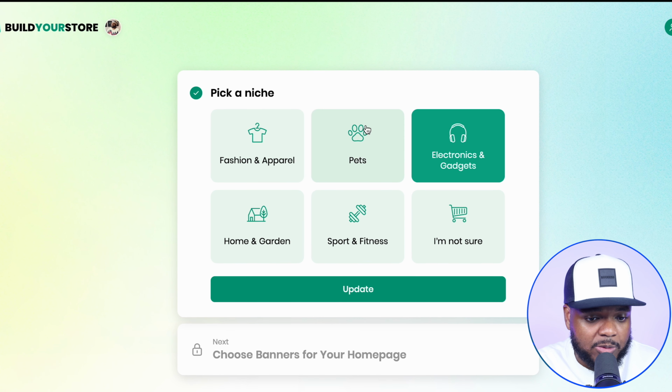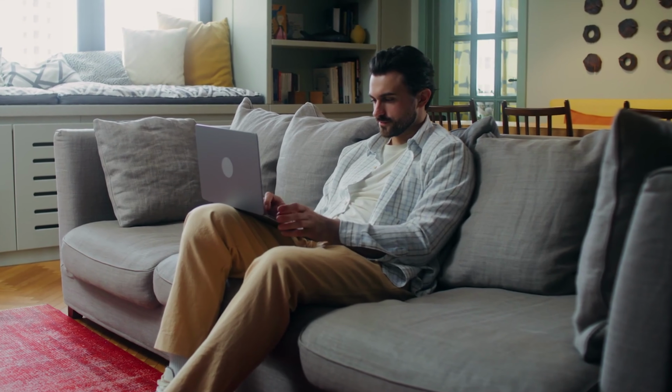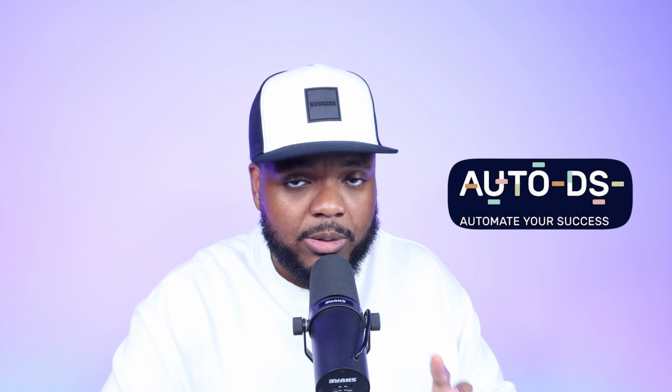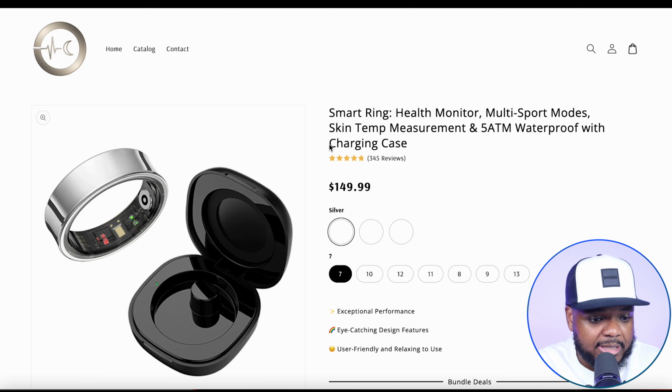You're going to be able to select whatever niche that you want to build. It's going to be able to load your products with winning products from that niche, and you're going to be able to start selling them without having to buy any inventory or any stock or anything like that. Your supplier is going to ship it out automatically with the help of a software called AutoDS. But before I get ahead of myself, we're going to be using this site,